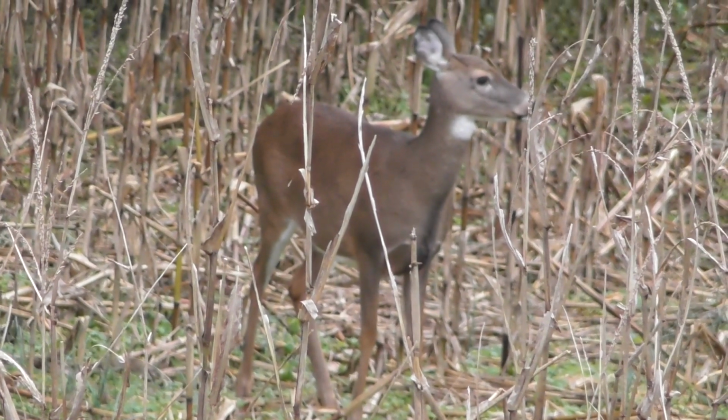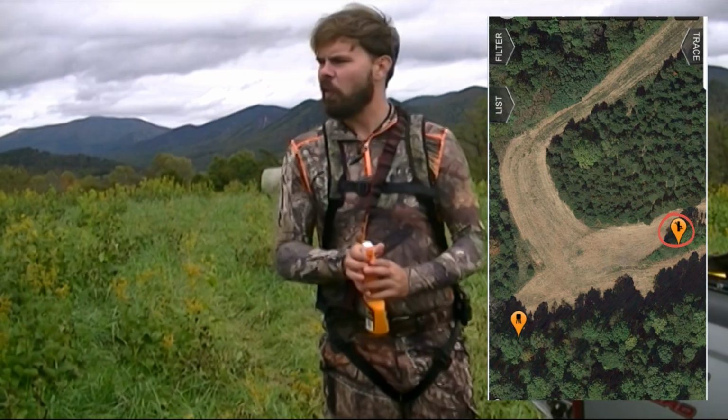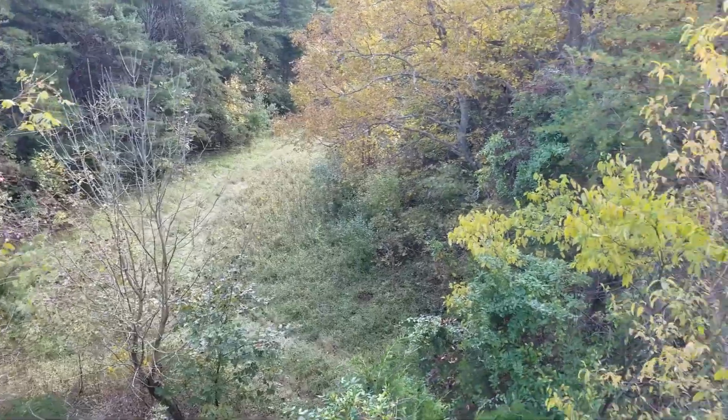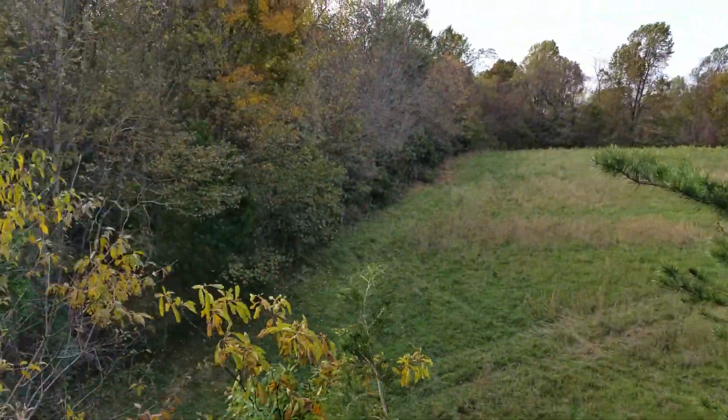On episode 9, I discussed the pace and save method I use on proven properties to ensure success. But more specifically, I highlighted how I will save spots for ideal hunting conditions and exact dates on the calendar. On this episode, I showcase another example of saving the best spots with 2 hunts from the same area in